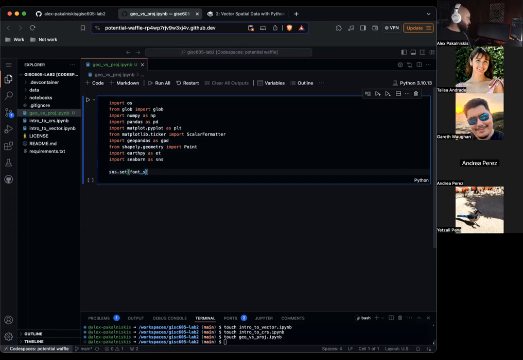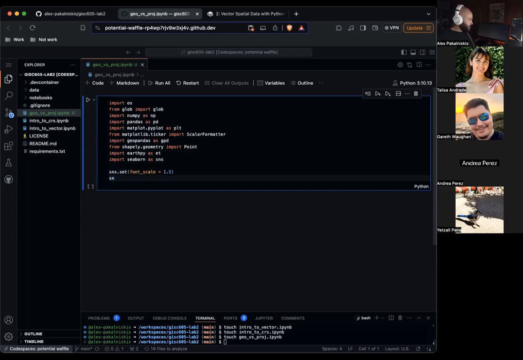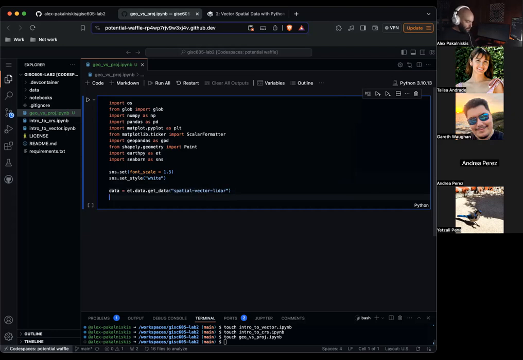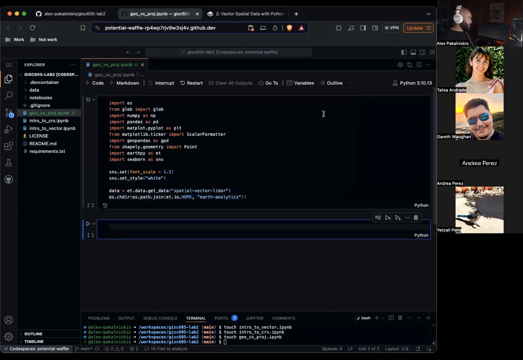Let's set the font scale to 1.5. Let's set the style to white. data equals et.data.get_data, spatial vector lidar, os.path.join et.io.HOME earth-analytics. That should be good.